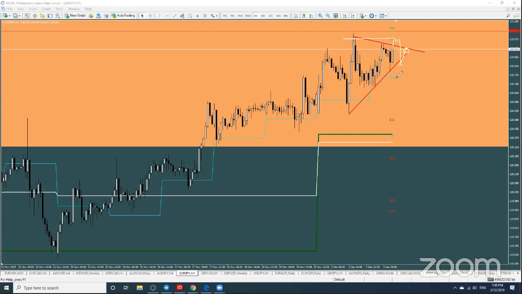You'd probably want to take profit here, although as I said, we have had interaction with the daily pivot already, and we haven't closed either side of it. That's not true, but we have broken it and retested it. This would be the next crucial one. So I would be taking profit before the daily pivot here, no question. So depending on where you want to find your entry, if you want to be aggressive, trade it from there short, taking profit here. If you want to be conservative, trade it from there short, again taking profit there. And your target has got to be here, guys. There's your target for